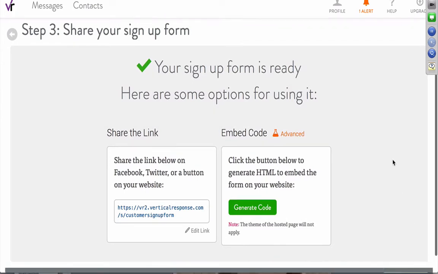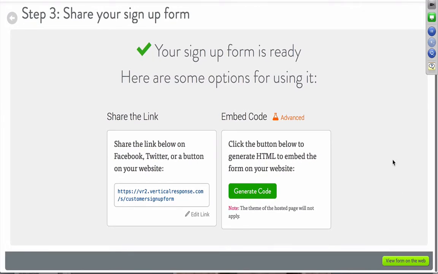On the next page is where you get to share it. So again, I gave you some examples earlier, and you get two options. You have this link that you can share wherever you want to put a link. Again, you can use a button in your email if you wanted to that says sign up for our list, and then have this link in there and people can sign up. Or